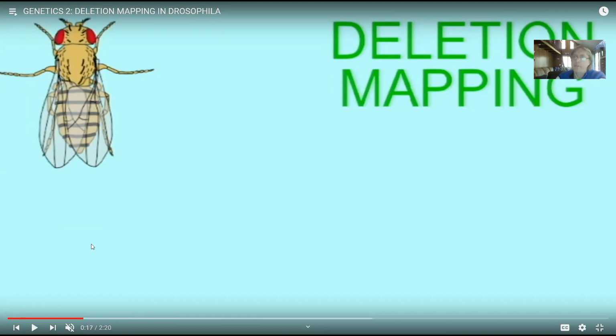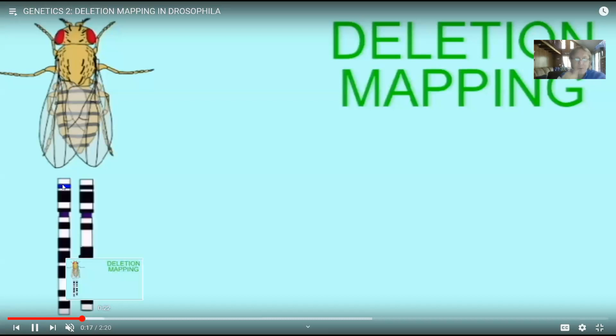copy of the region which would have a wild type allele, this would normally mean the fly would have a normal phenotype because it has a good copy of the gene. If there is a deletion there, if the fly is missing a section, so somewhere there is a blue gene causing a trait which we just discovered in fruit flies. We would like to know where that gene is. Where is the physical spot that it